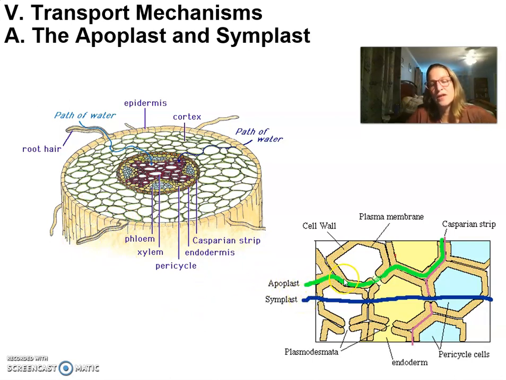So the apoplast route has a problem though, because for water and nutrients moving through this direction, they can move all the way close to the middle of the root where the vascular tissue is, except that it gets stopped at this layer right here, which is called the endoderm. The endoderm is a layer of cells. You can see it right here. It's a layer of cells,